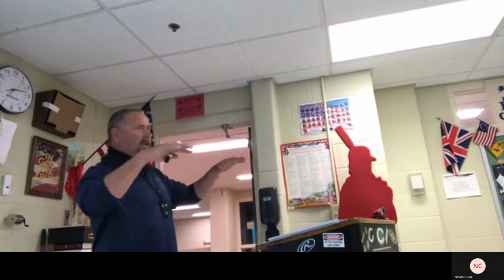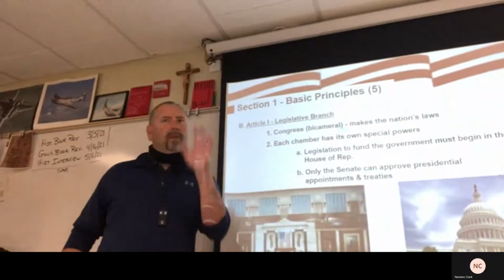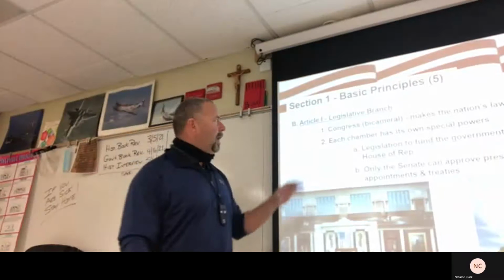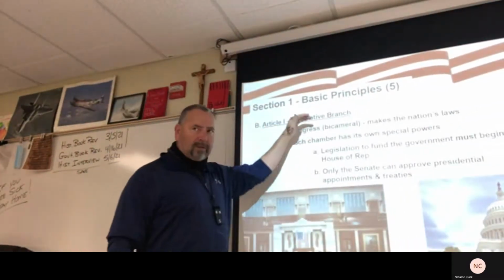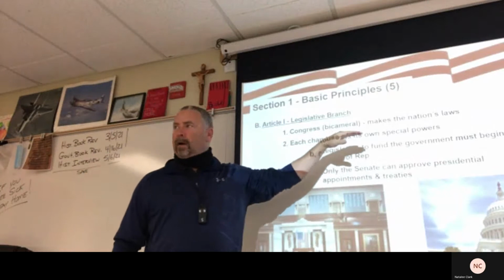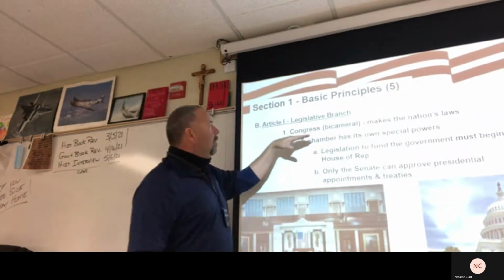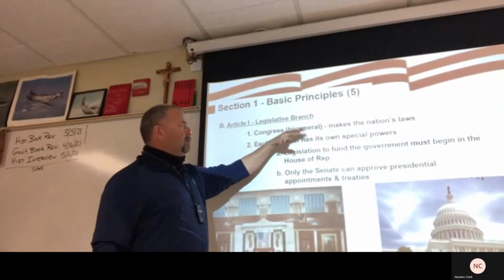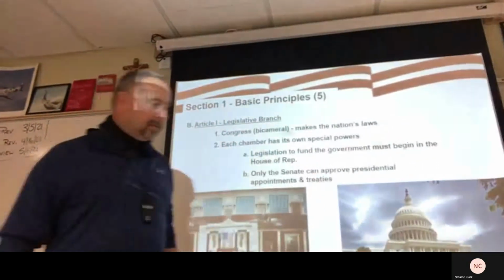Okay. All right, so we're still in separation of powers. This is going to be a little bit longer paragraph. So we start with the legislative branch, and this is stuff we've already talked about, but let's go back over it. Article 1 is the legislative branch. We know this, you just wrote about it on the last test, on the Great Compromise, right? So you have a bicameral Congress or legislature that makes the laws.